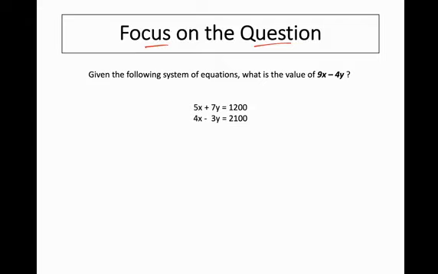In this question, given the following system of equations, what's the value of 9x minus 4y? So this is ultimately the value we want to find. Of course, in my system, I could solve, just as I've been doing with elimination or substitution, I could solve for x or solve for y, and then go back in and figure out what this expression 9x minus 4y equals. But let me give you a hint. Pay close